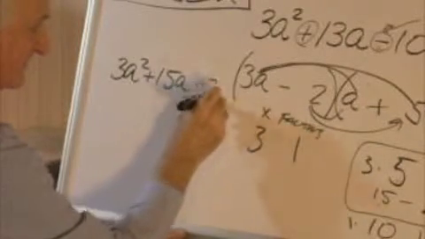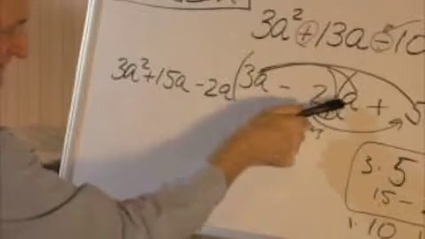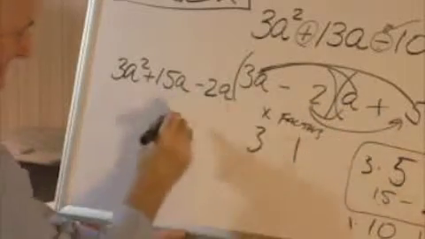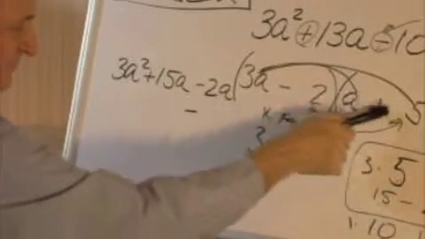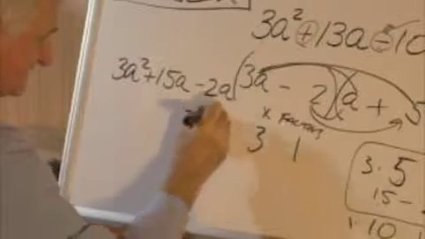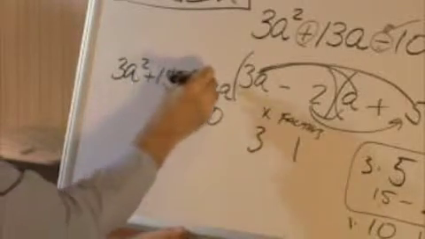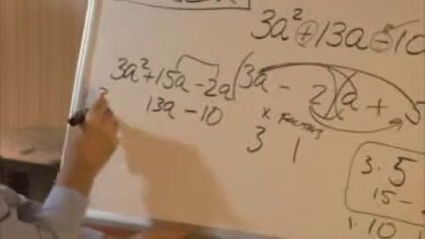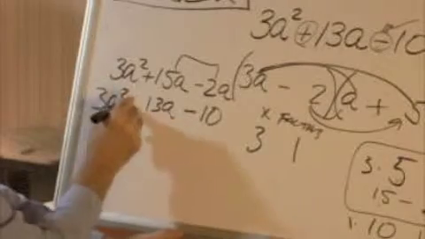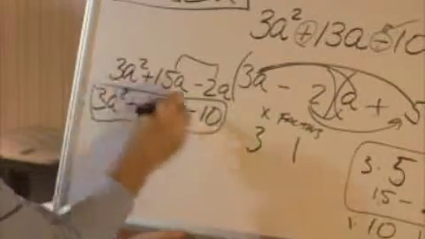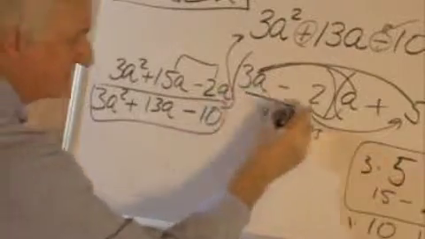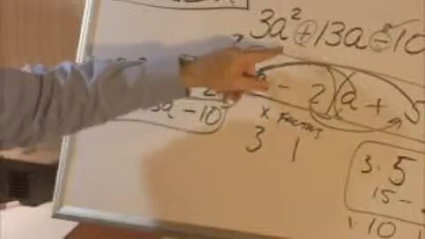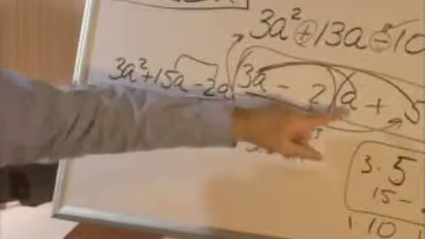That's a negative 2a, that times that sign, number, letter, negative 2a. The negative times the positive is a negative 2 times a plus 5, which is 10. Negative 10. When you combine these two, you get 13a, and you have your 3a squared. There is our starting point, and these are our two factors that give us that 3a minus 2 and a plus